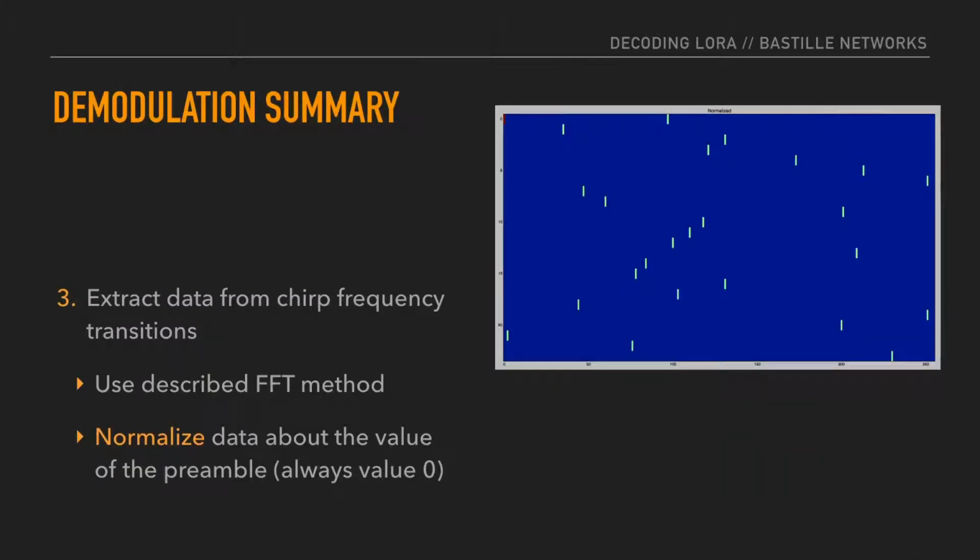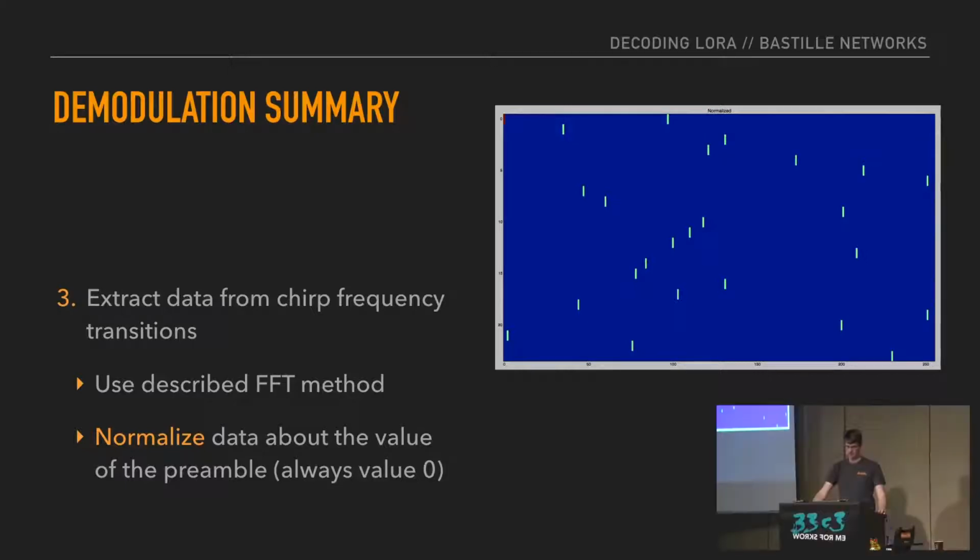Now, one last thing we have to do to wrap up the demodulation. Remember when we were talking about the chirp math, if our chirps aren't perfectly phase aligned, then the resulting dechirp signal might not necessarily be off of the same reference, right? And of course, we don't know what chirp was used to generate the signal on the transmitter. So we have to find some way of normalizing this data to account for that phase discrepancy. And we can do that by referencing the preamble. And it just so happens that the preamble, when you dechirp